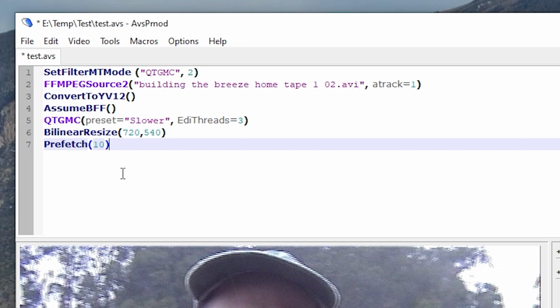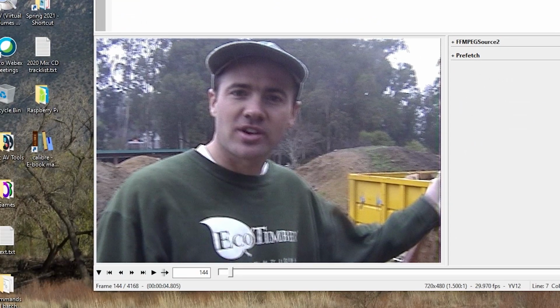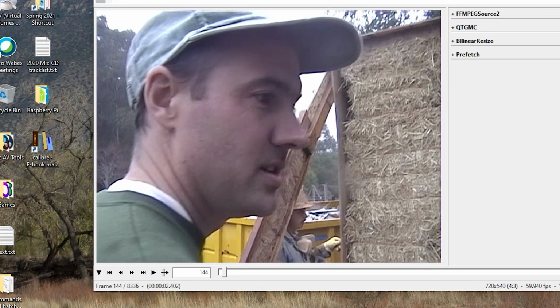All right, so in this case, I have 12 logical cores, which I am then going to reduce by 2, and that gives me prefetch of 10. Okay, this is really important for performance reasons. Once all that's done, we can save our script, hit F5 just to double check, and it looks like it's working. What you'll notice down here in the bottom right is that we've changed our aspect ratio to 4:3, which is standard definition